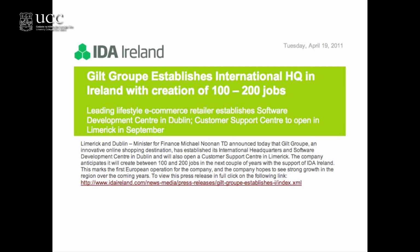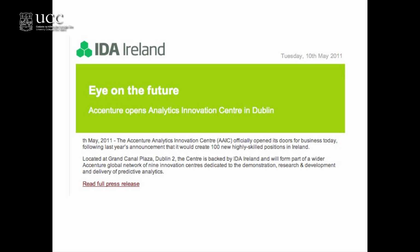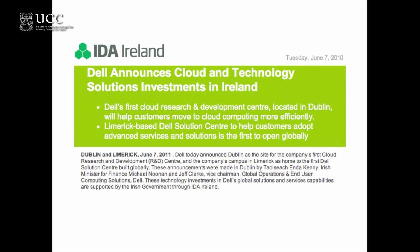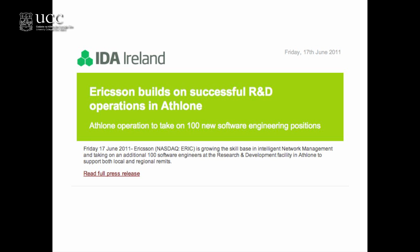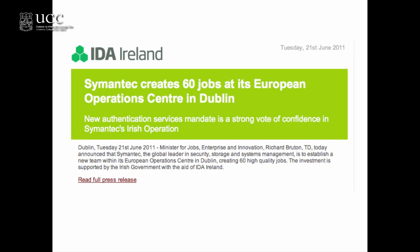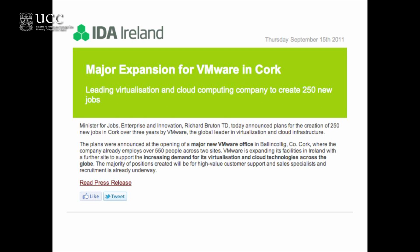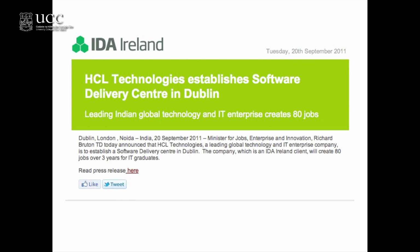Guild, create 100 to 200 jobs. We have Accenture, who's opening an analytics lab up in Dublin. McAfee, 30 jobs here in Cork. Dell, they're building a cloud technology center. Ericsson are building an R&D center in Athlone with 100 new jobs. 60 new jobs in Symantec. PayPal, 200 new jobs. Major expansion of VMware, and it goes on, and it goes on, and it goes on,